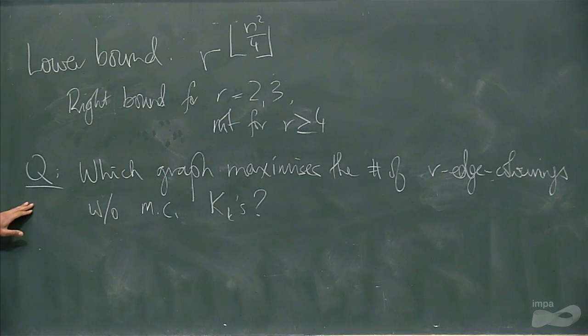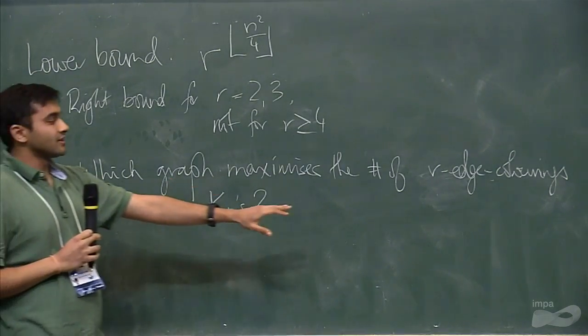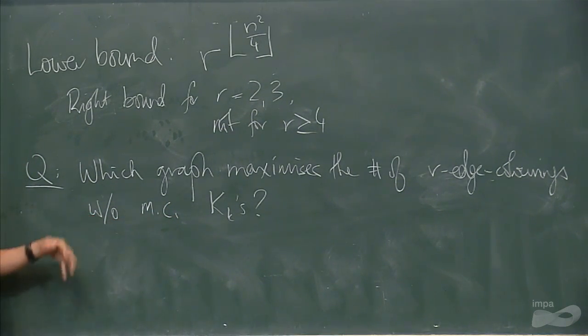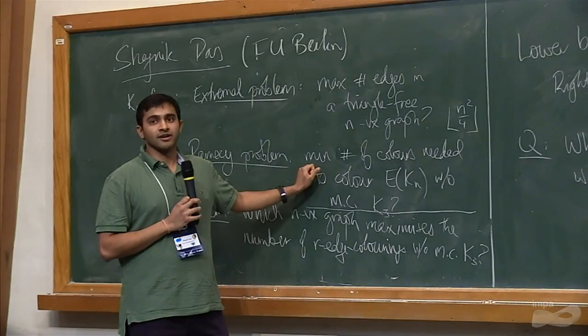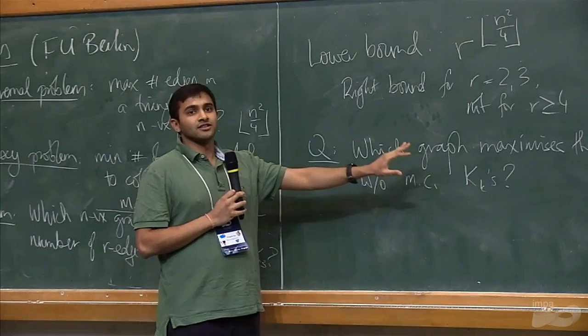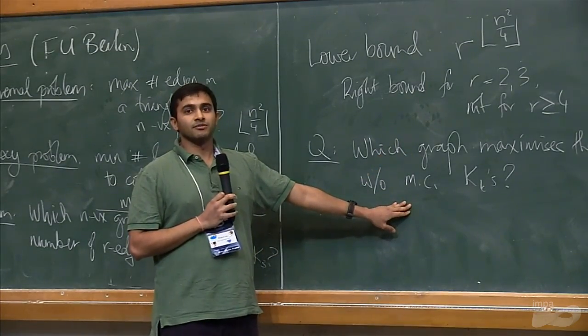I guess there's some more recent work of Pikhurko, Staden, and Yilma, where they look at this problem. They generalize it, so for each different color, you can forbid a different clique size that's monochromatic in that color, and then they reduce that in general to some optimization problem. Okay, so if you could solve that optimization problem, you would get a log asymptotic answer for the number of colorings you could have. But that optimization problem is a very large optimization problem, depending on the Ramsey number, the multicolor Ramsey numbers here. Okay, so it's not feasible to solve that in practice. So perhaps some additional ideas are needed to try and approach this.